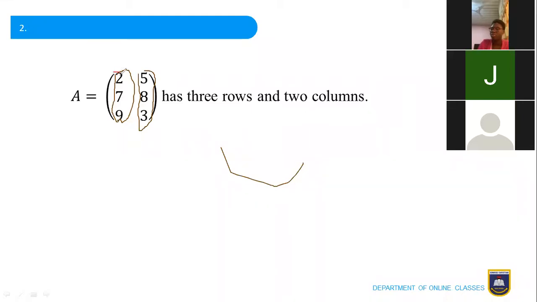The one I'm circling with the red ink is a row. That is one row. We also have another row, which is the 7, 8. Also another row. We have the 9, 3 also being another row. So we call this,